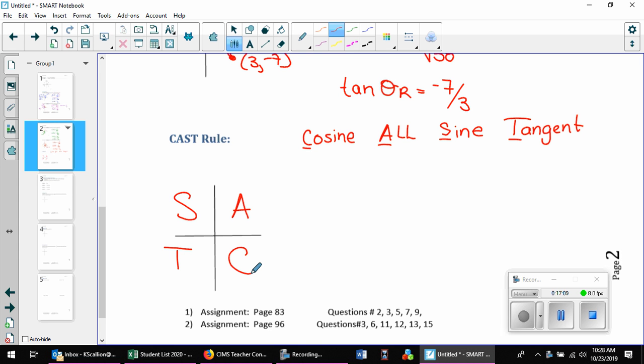So the only thing I don't love about this rule is it'd be nice if C started in quadrant 1 because that would make the most sense. But I don't really know a word that would be ASTC. Yeah, like it's just not good, right? So we went with cast, and I don't know if it works or not, but it's a quick way to remember which trig ratios are positive where. Okay? So the cast rule tells us